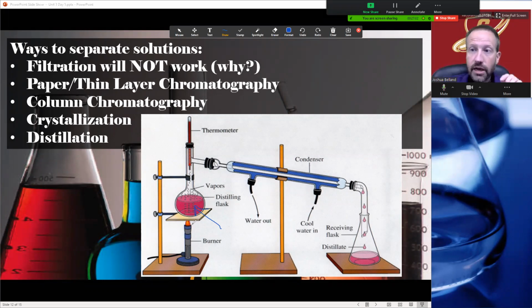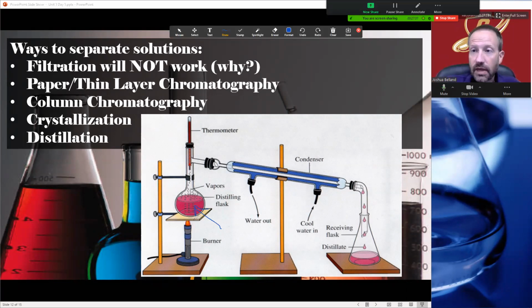up. Now, here's the thing. This works if the liquids that are mixed have different boiling points. Why would they have different boiling points? You already know this, because of different strengths of intermolecular forces. The ones held together really strong are going to need a high amount of heat, have a high boiling point. And the ones held weakly, maybe only London dispersion forces, are going to boil pretty quickly, have a low boiling point. So you put your mixture with different IMFs to make different boiling points in there, and you just start